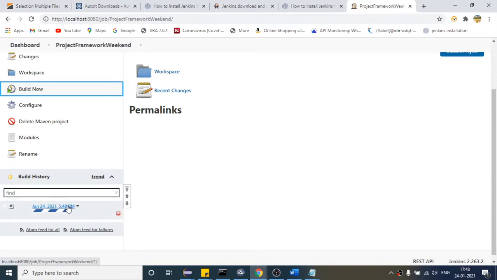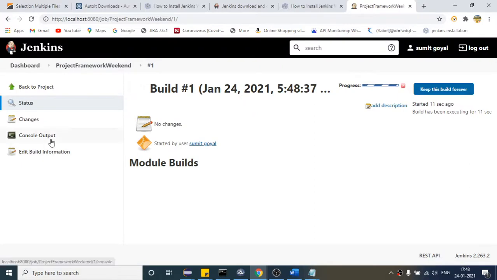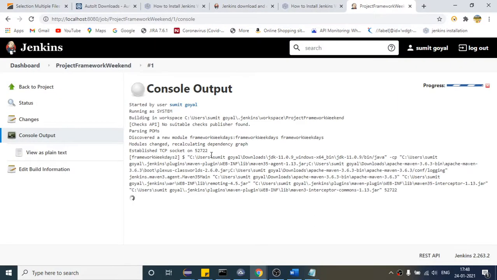If you click this, and click on this console output, here you can see what is happening with your test, right? All the output will be listed here. It will take some time.